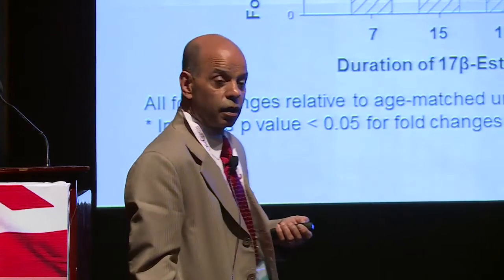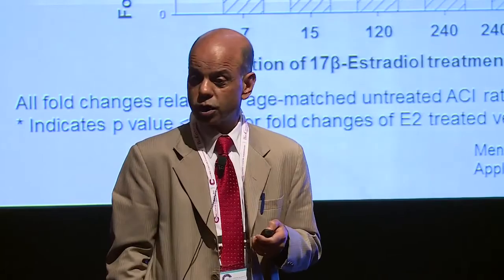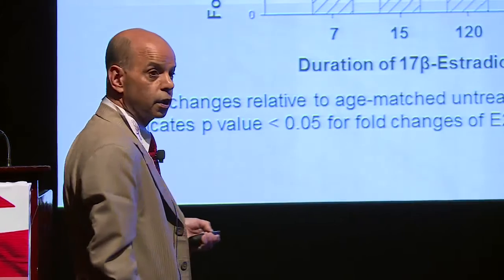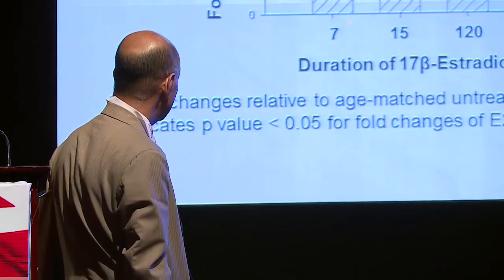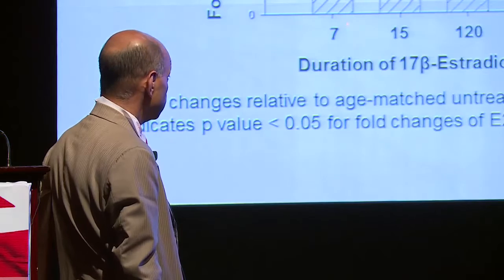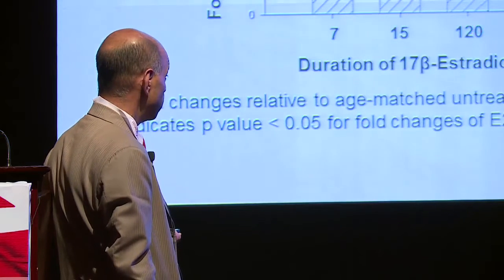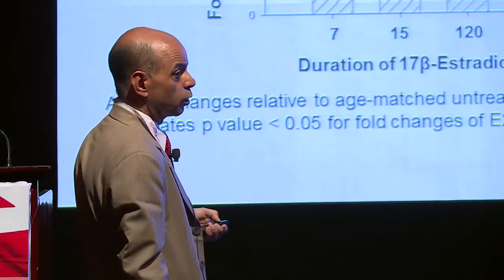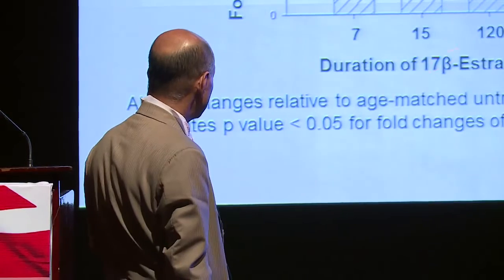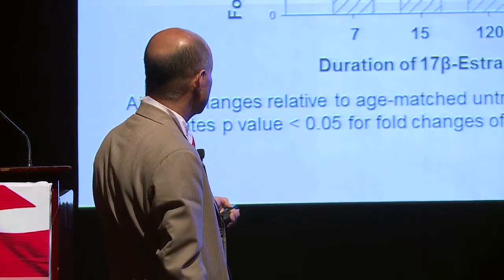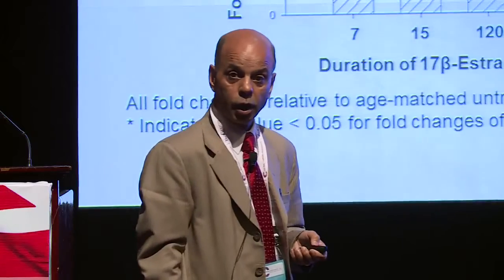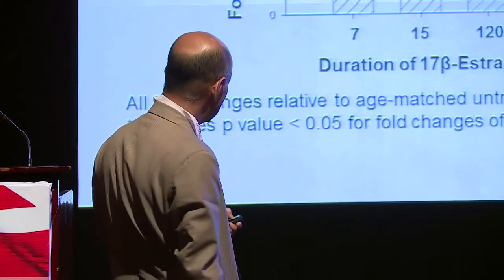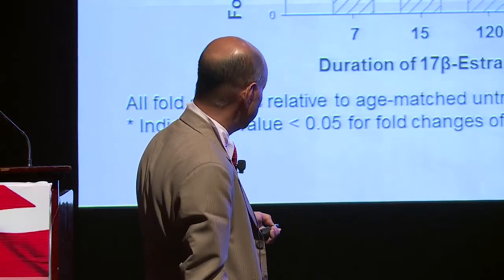And I suggested that oxidative stress plays an essential role. So we measured whether oxidative stress is increased with increased exposure to estrogen. As you can see, we sacrificed animals at 7 days, 15 days, 120 days, and 8 months, and dissected out the tumor tissue from the non-tumorigenic breast tissue. And with increased exposure to estrogen, you see increased oxidative stress as measured by 8-isoprostane formation, an accepted marker of oxidative stress, both in vitro as well as in vivo.